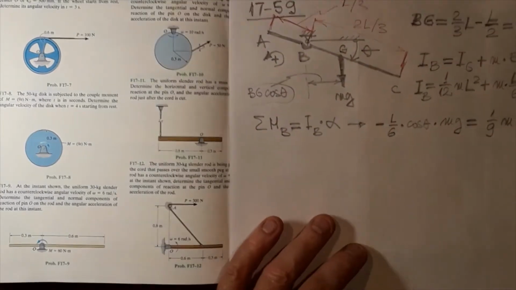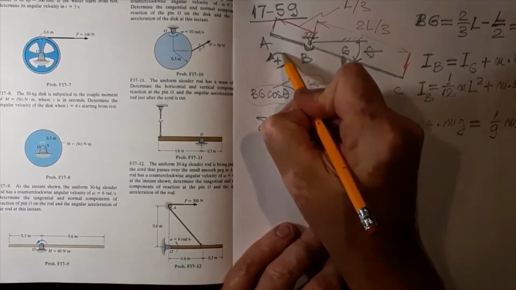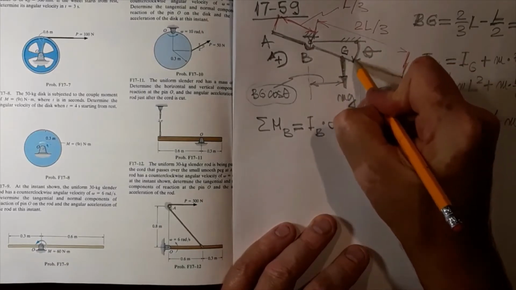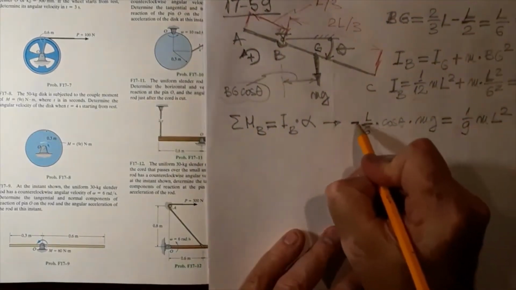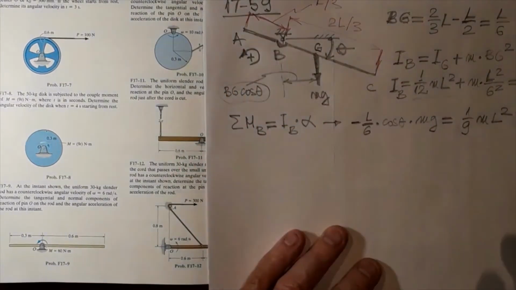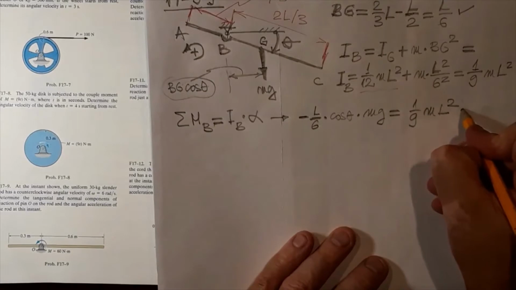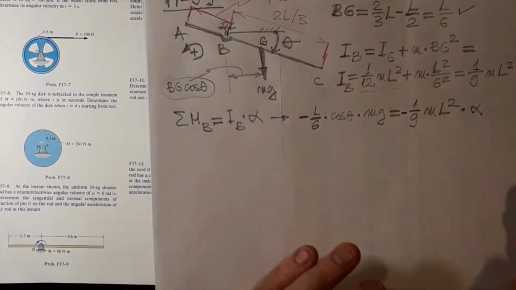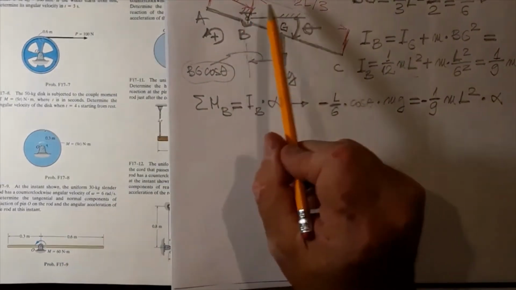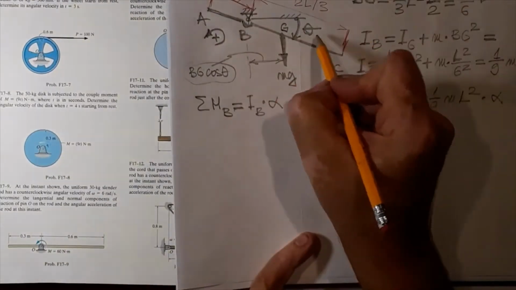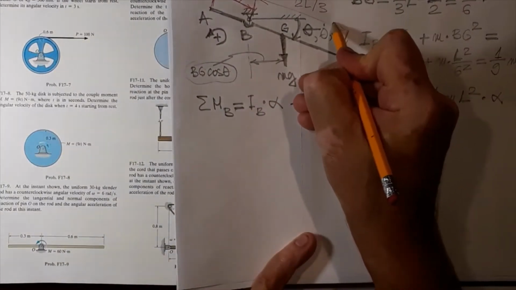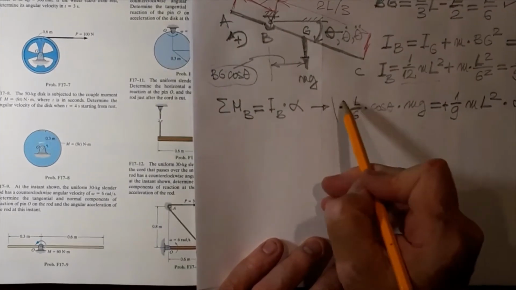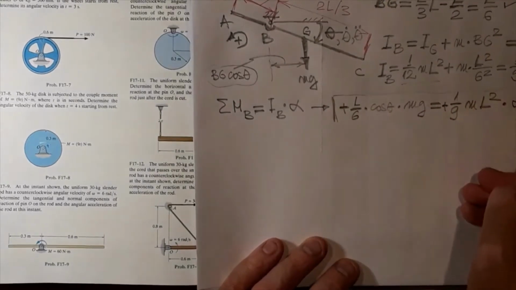Now, there's something else. We assumed positive to be counterclockwise, and theta is measured clockwise. So unless we change and make positive moments clockwise, alpha, which I forgot to multiply, will be a negative value. Or we could have considered positive moments clockwise, theta clockwise, theta dot clockwise, theta double dot clockwise, that will be alpha. So for the equation of motion, we can turn this into plus L over 6 cosine theta mg equals